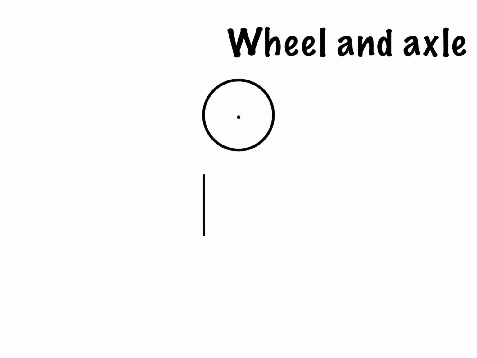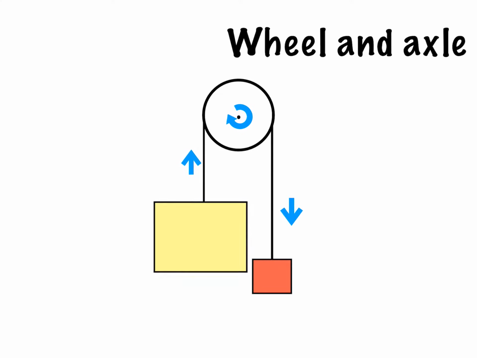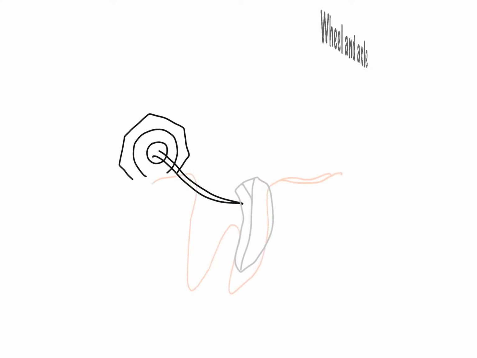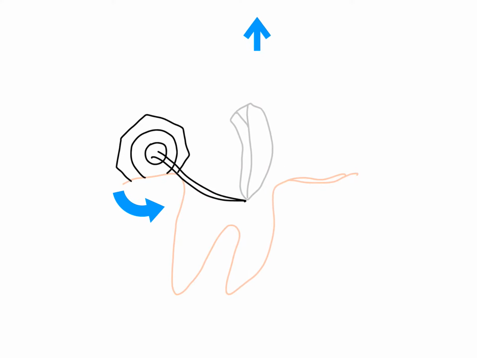Finally, wheel and axle principle, where one can derive mechanical advantage by pulley mechanism. For instance, to lift up a heavy weight, wheel of pulley rotates around axle. In our concept, if tooth is grasped firmly and forced in the form of arc, it's easy to deliver the tooth out of socket.